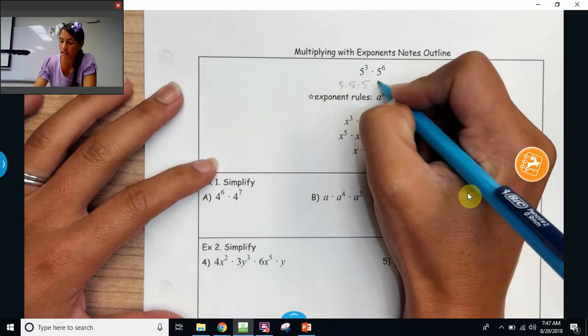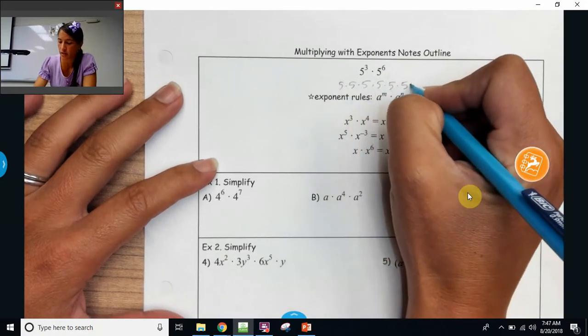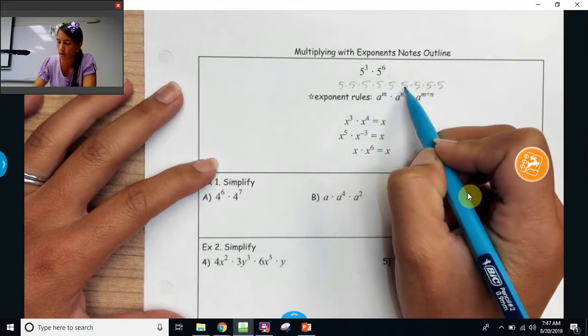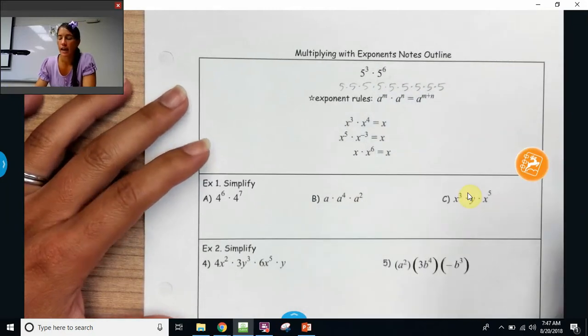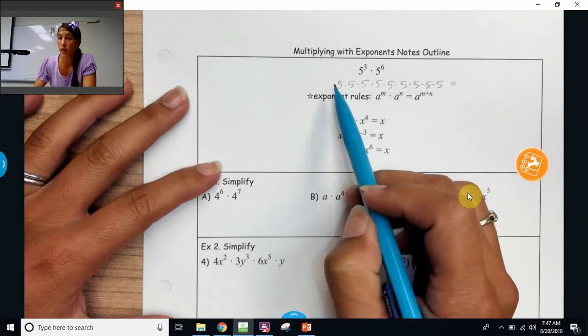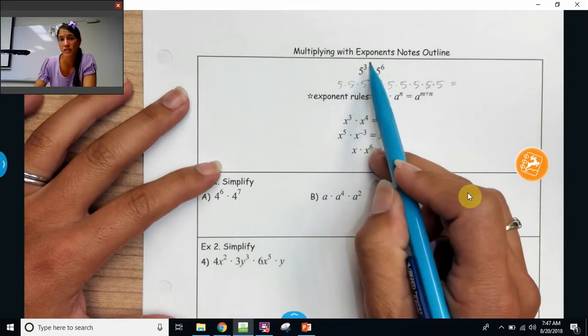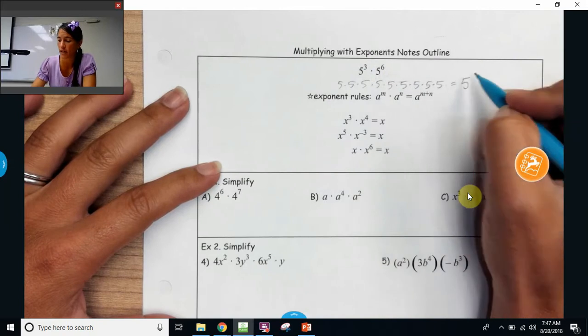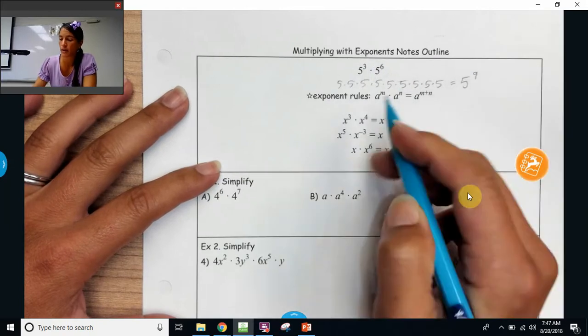Times 5 to the sixth, which is 5 times itself 6 times. And this is another way we could write this. Since we have the same base, 5 is the base and 5 is the base, this is also like saying 5 to the 9th power because I have 9